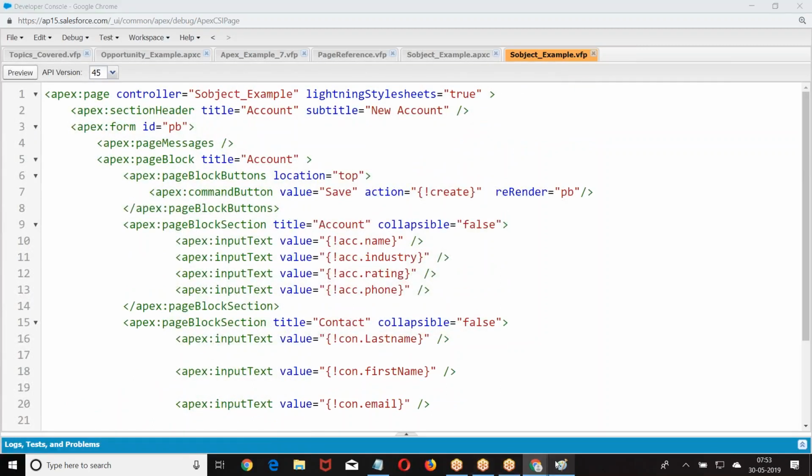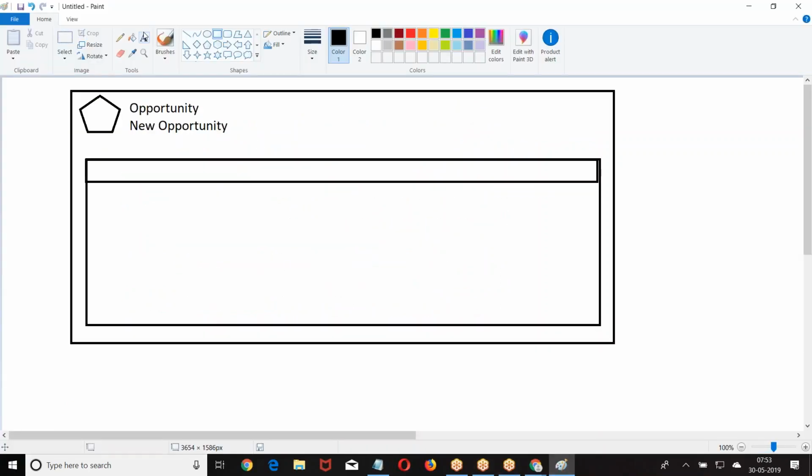Now, what I want you to do is take a contact. I hope you got the point. Difference between input field and input text: input text will refer to the field, but it will not refer to its properties. Input field will refer to the field and also its properties. Are you clear, Amma? Everyone is good with that point? Input field and input text. Input field will refer to the field and also its properties.